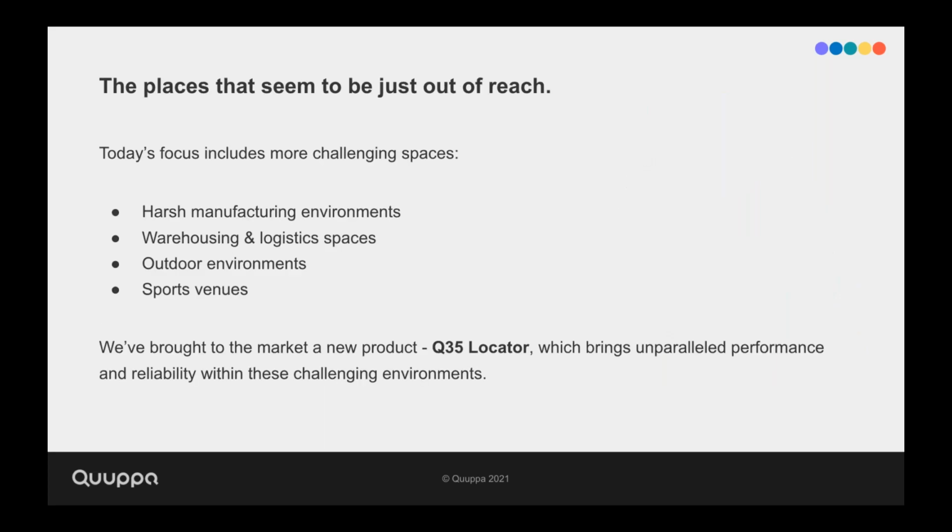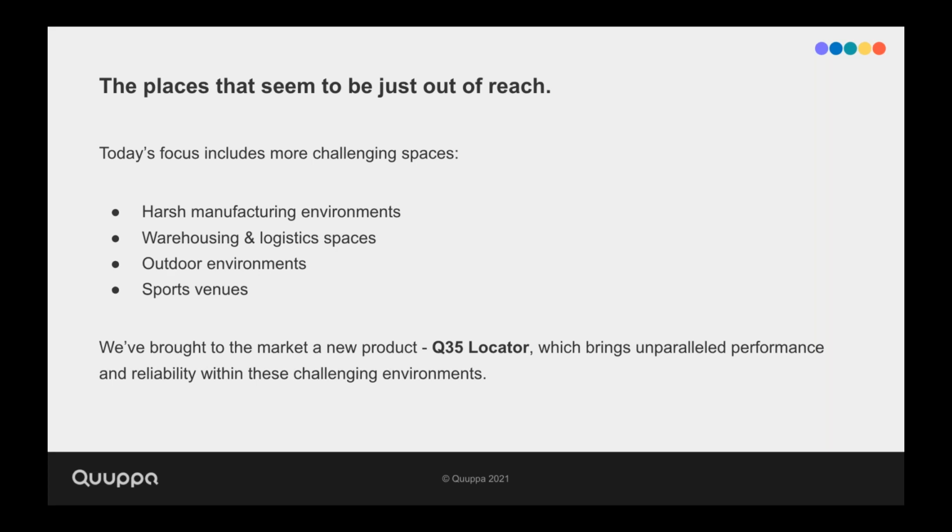So today's focus is on those more challenging spaces where accurate location and the use of RTLS can be a little bit more difficult. So we're talking about harsh manufacturing environments where it's hot, humid, metallic, and full of heavy machinery; warehousing and logistics spaces where we may see extremely high ceilings or inventory racks; sports arenas and outdoor environments which would require weather resistance, so for example ports, harbors, the mining industry, or spaces in between buildings, so for example outdoor walkways or multi-story car parks.